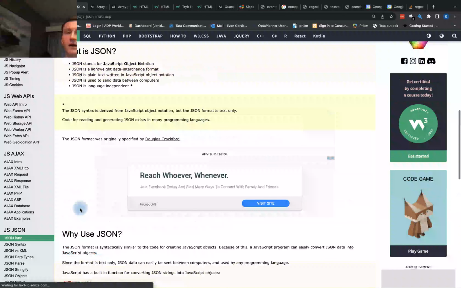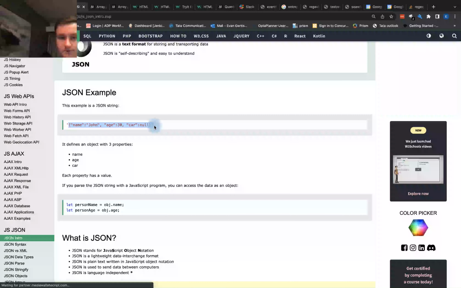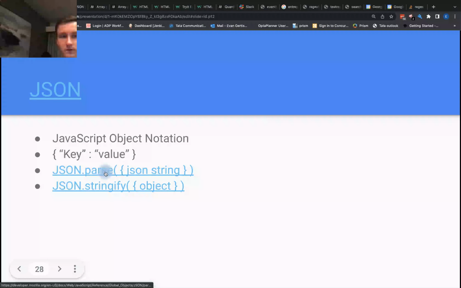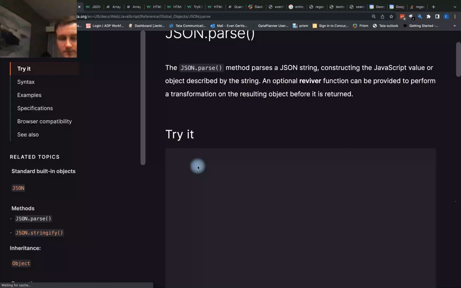So this is our object, our JSON string, and then here are the properties, right? So we can understand this as a key and a value. We go to JSON.parse. JSON.parse